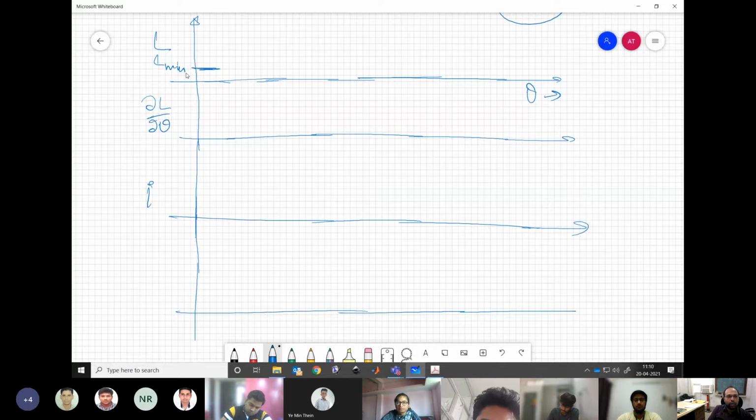And from here, when the plunger starts moving, it goes towards the L max position. This is where the rotor is aligned along the stator axis or stator pole axis where the L is maximum. And if it is allowed to move further, the L will reduce further and come back to the L minimum position, and then this cycle will repeat.